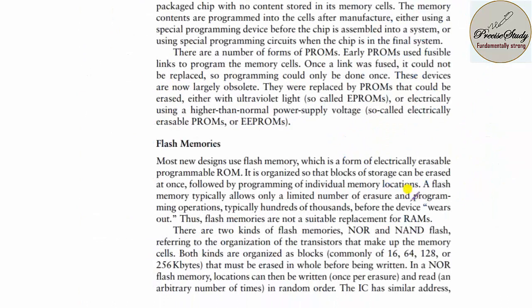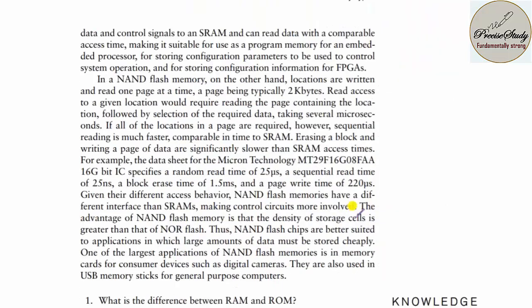Next, we know that a pen drive is an example of flash memory. Each and every person will be using a pen drive for transferring data from one system to another system, or from mobile to a personal computer or laptop. There are two kinds of flash memory. The first one is NOR based and the second one is NAND based. The major problem with NOR based is that the cost is high and the circuit size is bulky. But if you are making use of NAND flash memory, performance wise it is good, and cost wise also it is less. So you are going to make use of NAND flash chips.